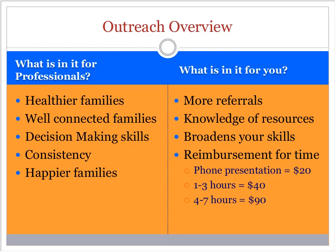So what is in it for professionals? What benefits do they get from hearing about us? Well, again, like I mentioned earlier, it creates healthier families that they work with. The families are connected to services, they're happy, it's all good. It allows families to make decisions and hopefully not hold up anything in the process. A lot of times we hear from professionals that they're dragging their feet, they don't want to get the